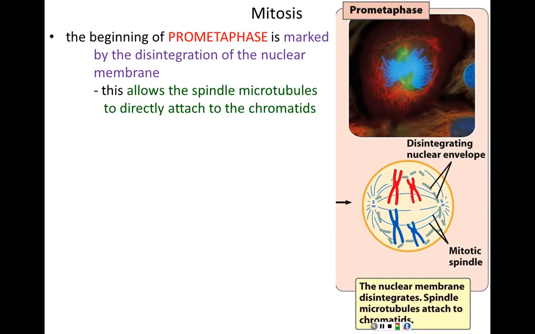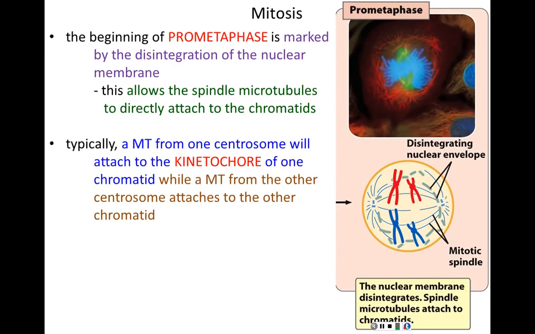You can throw that fishing line out as many times as you want. If there's a barrier between you and the fish, you're never going to get anything caught. If there's a barrier between the mitotic spindle and the chromosomes, that barrier being the nuclear envelope, you're never going to catch a chromosome. And so the nuclear envelope had to dissolve to allow the spindle microtubules to access and reach the chromatids. Typically, a microtubule from one centrosome will attach to the kinetochore of one chromatid,